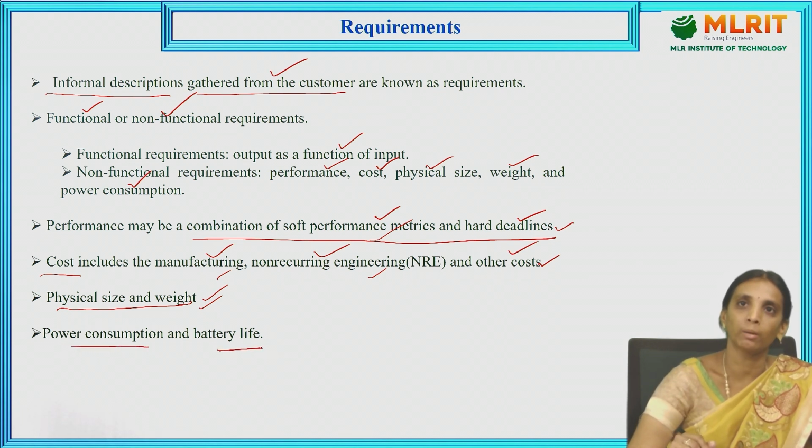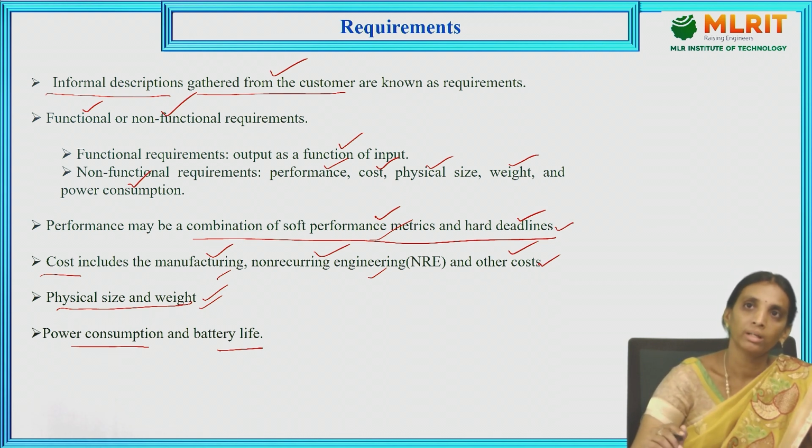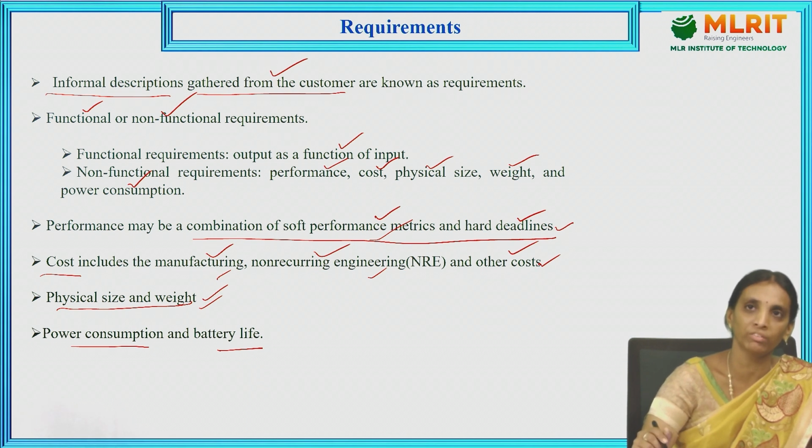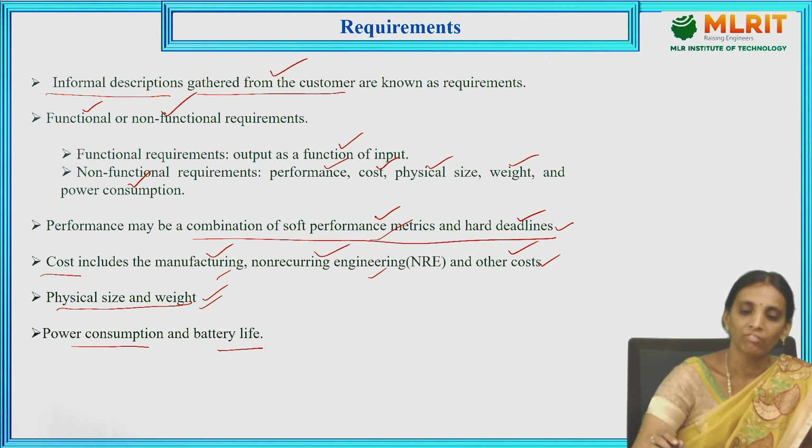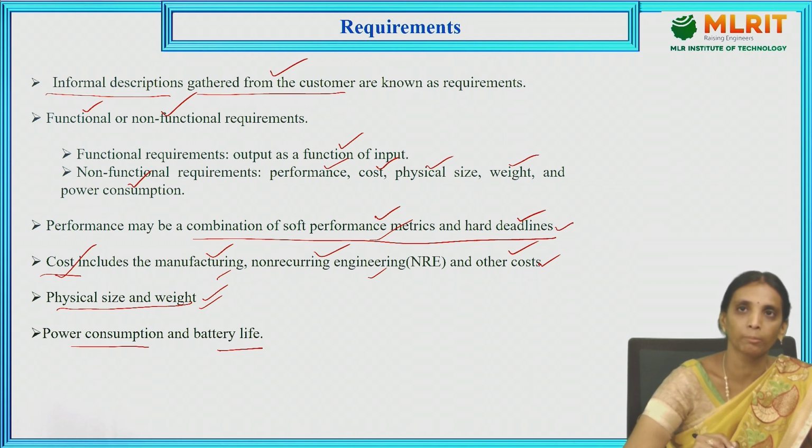Some customers need applications which have low cost, but the performance may be either good or bad. That means it will not respond at that particular time, even though the deadline will be missed, but the cost will be very low. So in those cases, we need to consider only the cost. And in some devices, the customers want only the battery life. We need more battery life other than the performance and cost. So irrespective of the cost, we need more battery. In those cases, we need to consider the battery life.